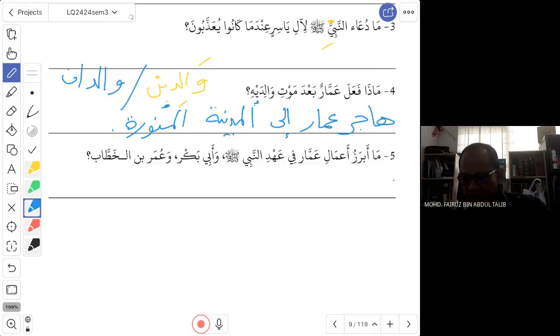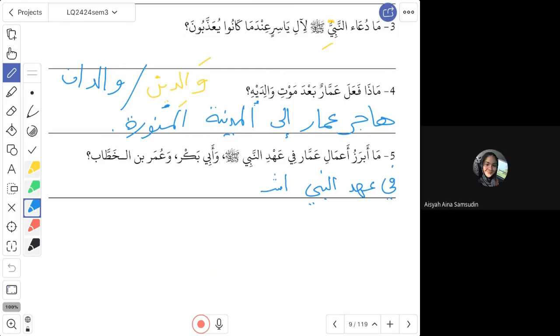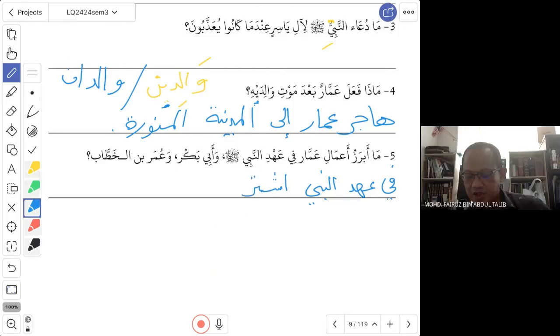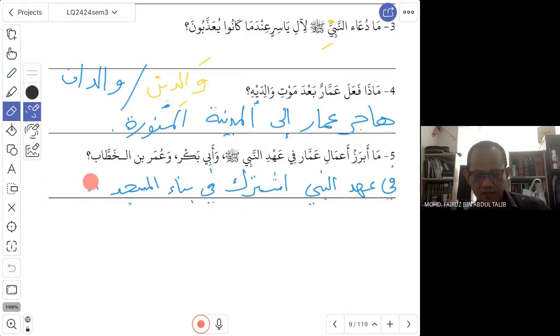So you can start with fi ahdi an-nabi. Naam, maza fa'ala? Not the Hajara, another amal. He participated. Bina il Masjidil Nabawi. Taraka fi bina al-masjid an-nabawi. Naam, haza fi ahdi an-nabi. So this is during the day of the Prophet. Naam,